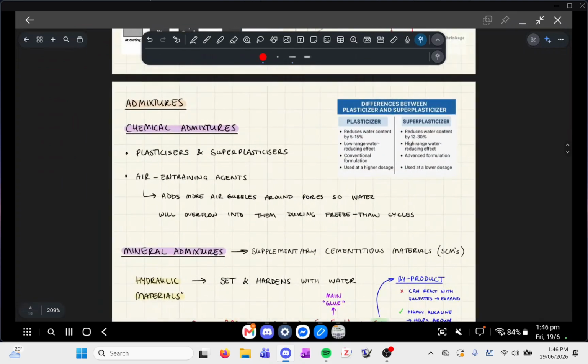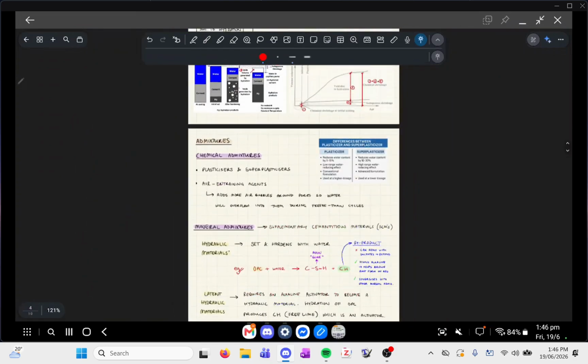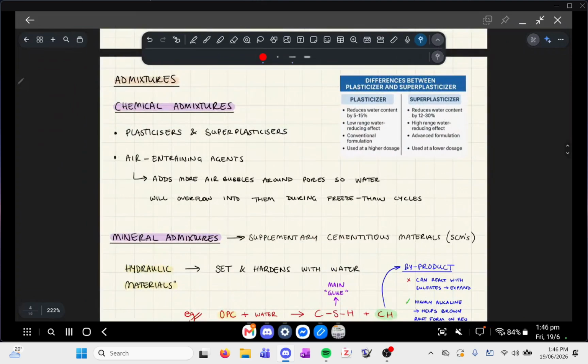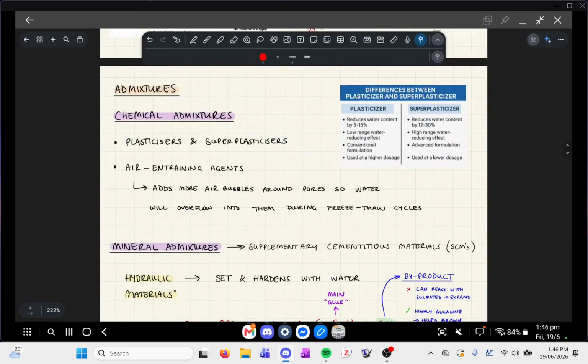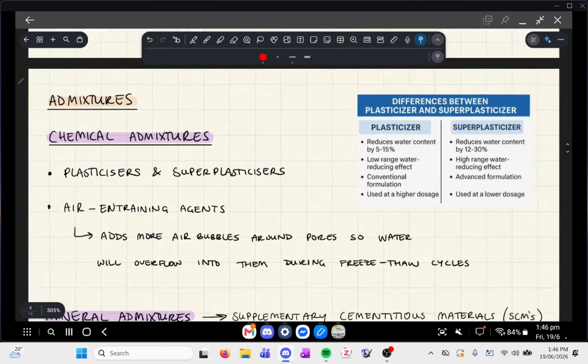Let's talk about admixtures. So admixtures can be broken into 2 categories. You've got chemical admixtures and mineral admixtures. Okay, so in terms of chemical admixtures, I've included kind of 2, but kind of 3 examples. So you've got plasticizers and super plasticizers, and super plasticizers are essentially just plasticizers on steroids. Okay, the idea is that